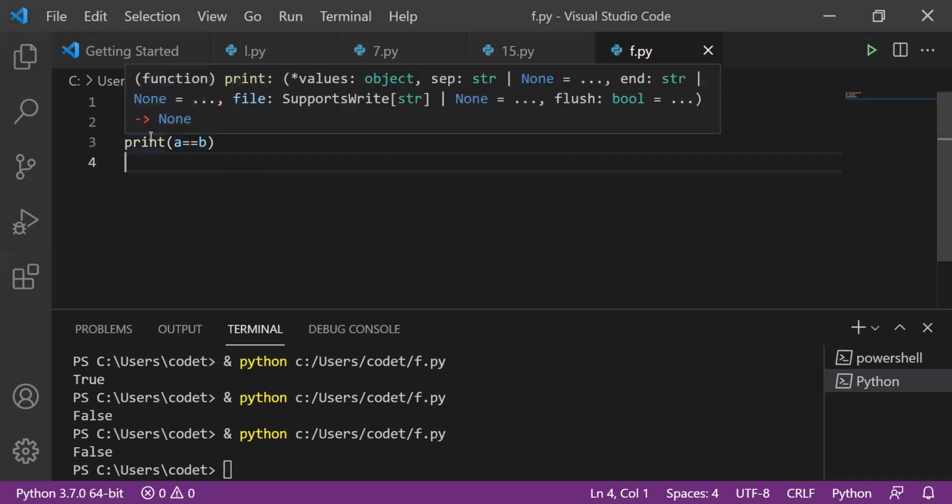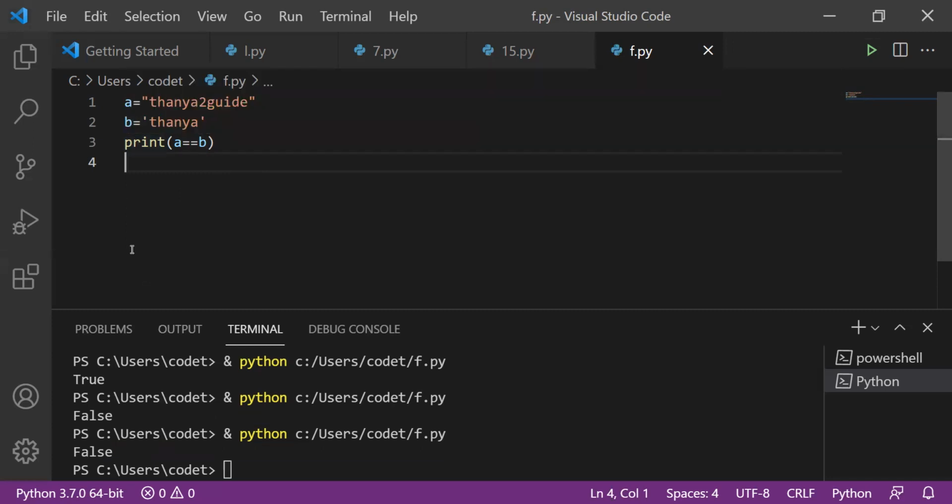Understand everyone? So when you are checking a statement like this, it will be true only when both the values are having equal length of the letters. If they are equal letter lengths and if they are in single quotes or double quotes, it doesn't matter. Now see here, Tanya and Tanya both are same and it is in single quotes and double quotes, it doesn't matter. It will return a true statement. Everyone got an idea? So it is calculating the length of the letters. Okay. Yeah. Next, moving forward to one more question.